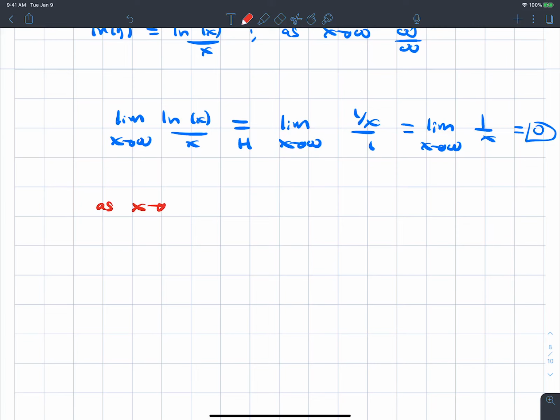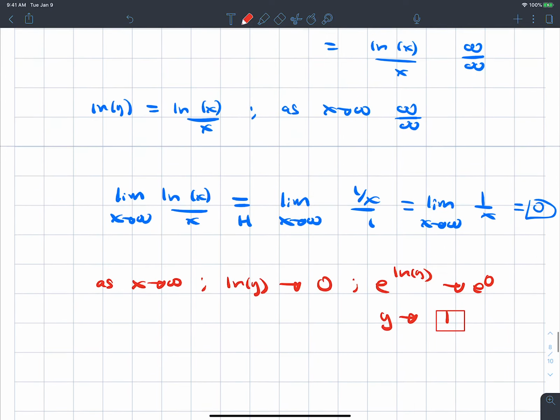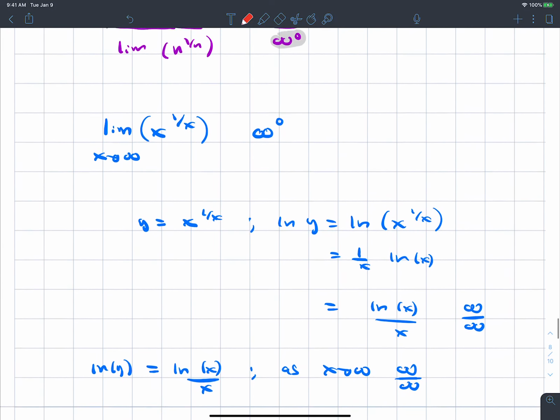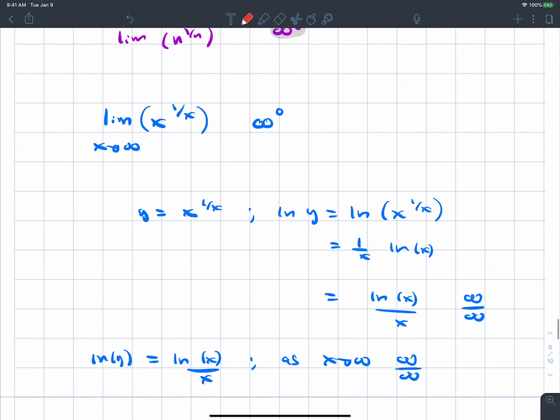And so what we showed here is that as x gets big, natural log of y goes to 0, which we're showing really e to the natural log y goes to e to the 0, or we're really showing that y goes to 1. And that's what we're looking for here. So the bottom limit, this limit is really equal to 1,